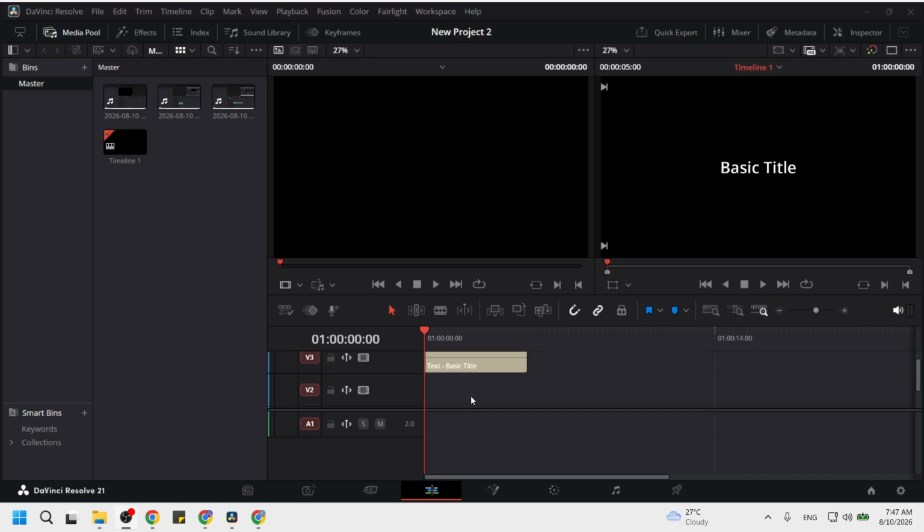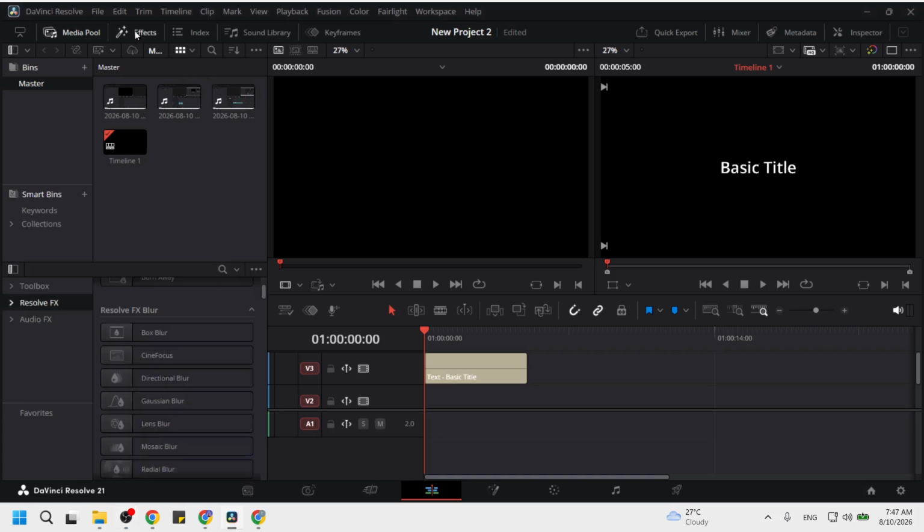Next, click the Effects tab in the top left corner of the screen to open the browser panel. If the tab is already active, you will see a vertical list of tools such as Toolbox and OpenFX. If you click it and nothing seems to happen, it usually means the panel is already open and you can move on. The Effects tab is where Resolve keeps items like titles, transitions, and generators that you can drag into